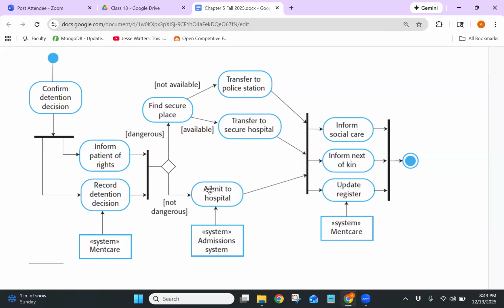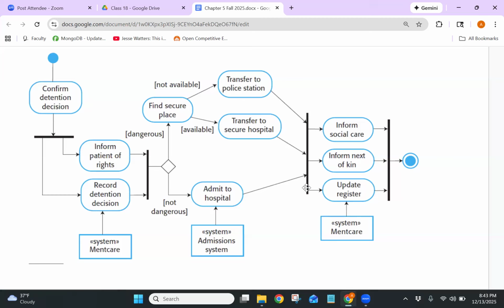You either decide the person's not dangerous and you go to regular hospital, or you say they're dangerous, then you would have to find a secure place. And then from here, you could either go to transfer to police station, transfer to secure hospital, or the other one. But any of these three, after the person is at one of these three places, we would go to